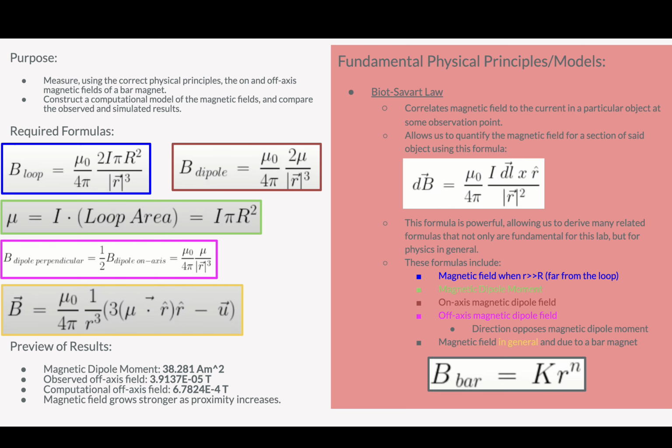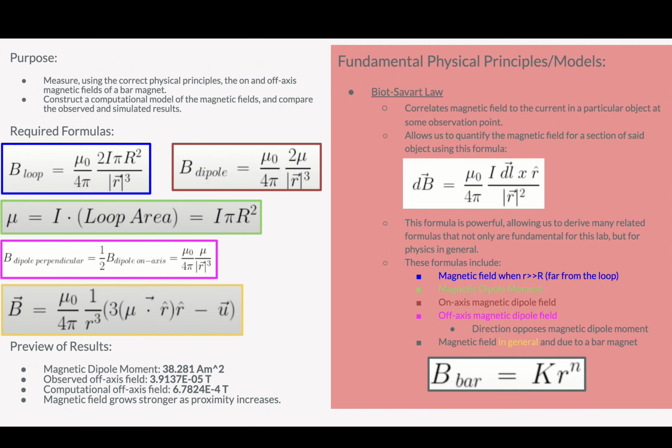This law correlates the magnetic field to the current in a particular object at some observation point. This law allows us to quantify the magnetic field for a section of said object using the below formula. This formula is powerful, allowing us to derive many related formulas that are fundamental not only for this lab, but for physics in general. Following formulas are the magnetic field when the distance is far from the loop, the magnetic